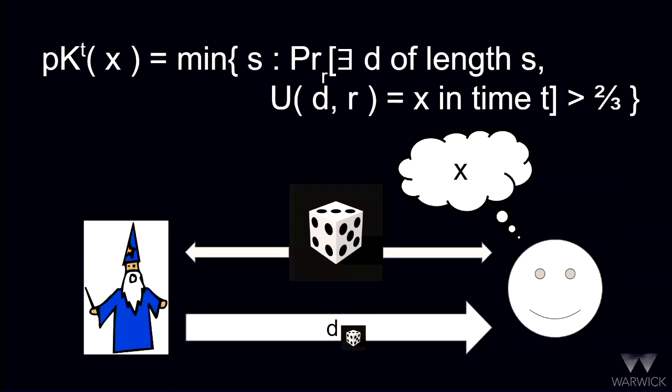There's also a probabilistic version, which we use in our proofs, called PKT. So the difference here is that, think of the sender and receiver of descriptions as being in the presence of some shared randomness. And the descriptions, D, are allowed to depend on that randomness. So what's the minimum length, S, such that with high probability over randomness, there's some description of length S, which in the presence of the randomness yields X in time T? So it might bring to mind the definition of AM, just in the order of quantification, witnesses are allowed to depend on randomness.